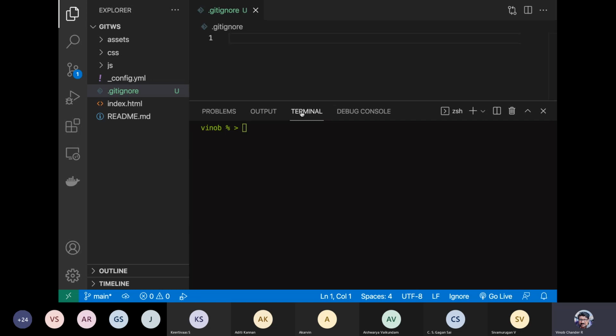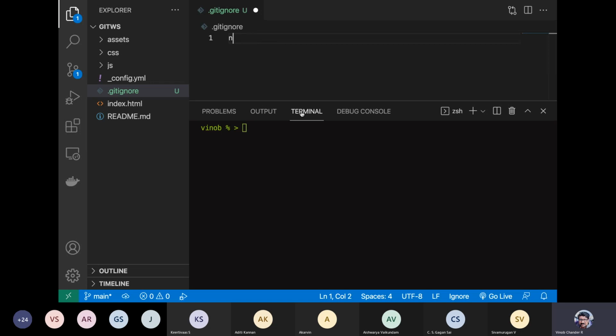So .gitignore is a file wherein you specify all the files and folders that you don't want to get tracked. Typically, if you are working on a Mac, you may get a .DS_Store, and if you have a Node project, you may have something called node_modules, which is typically heavy, and you may not want to have that tracked as well.